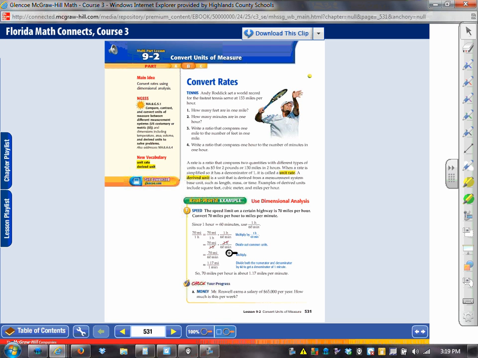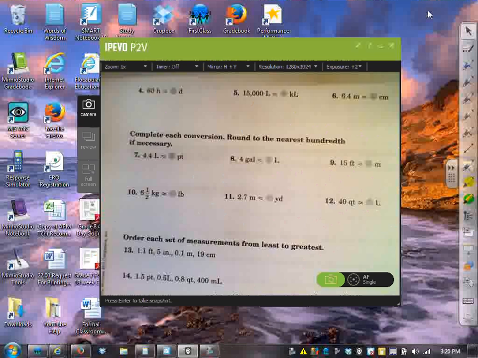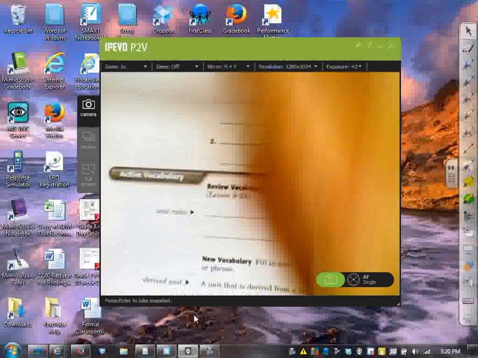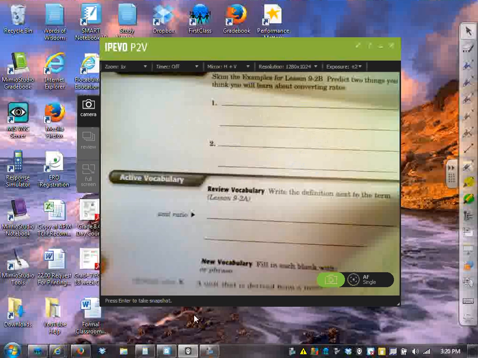You did this in 7th grade, so there's not much more to it. We're just using, I'm forgetting the word, dimensional analysis. We're using dimensional analysis to find that out. All right, so let's look at the homework, and we'll see some of the problems that we're using in